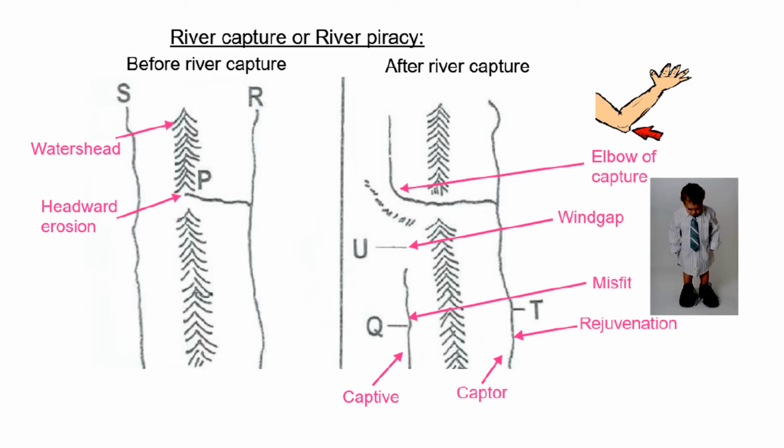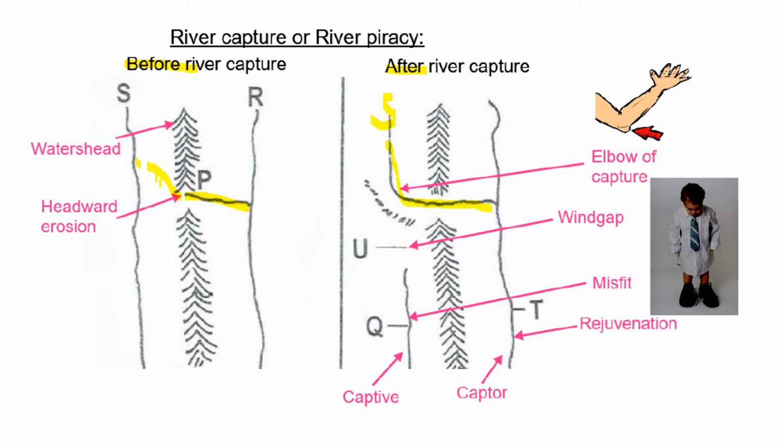Another diagram just showing us these same features. So here we've got before capture and here we've got after capture. This is a diagram that I actually took from a previous exam paper, so you can see what it is. So we have river P flowing over here, and it's an energetic river. There's headward erosion, and it erodes backwards, and eventually it's going to intercept river S that we've got over here,